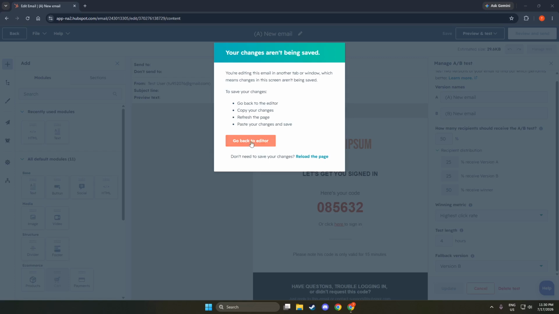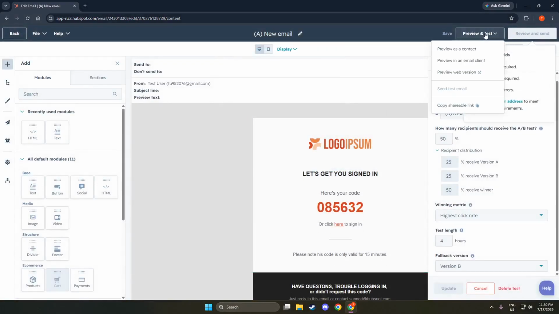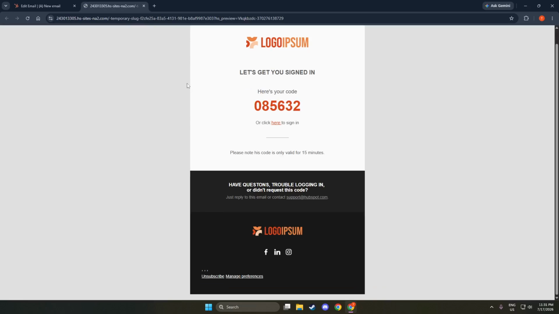Finally, schedule or send the email. This is the culmination of your hard work. Review all your settings and ensure that everything is in order. Once you hit send or schedule, your A/B test will commence. This step is crucial because it activates your test, allowing you to gather data on performance. You can now sit back and monitor the results, knowing you have set your campaign up for success.